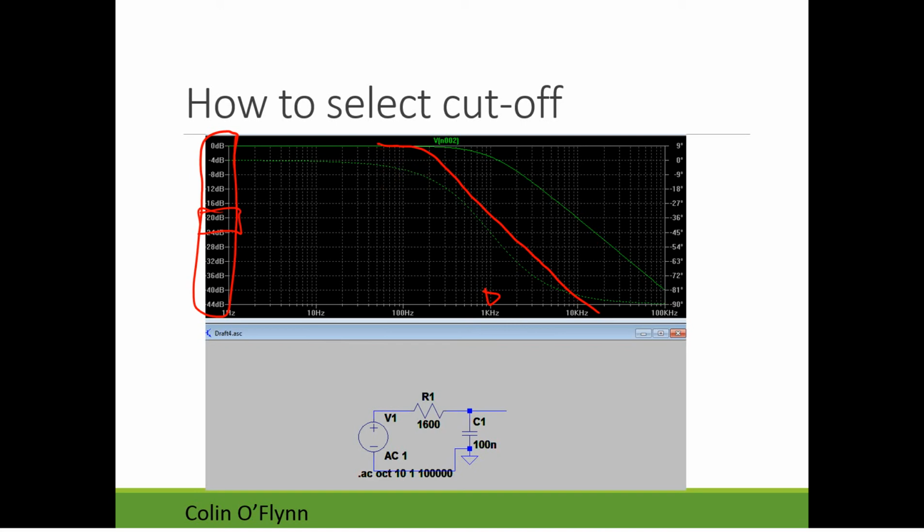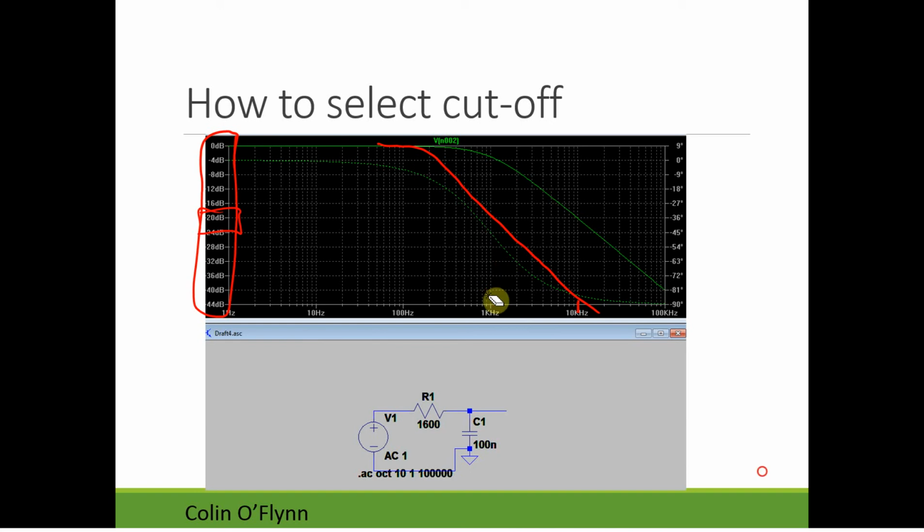What this means is that yes, our 1 kilohertz signal will be attenuated, but our 10 kilohertz signal may be attenuated even more. In this case, you may maintain that same ratio because you have a linear-looking logarithmic slope there. So that might not help you. You may need to go to using higher order filters, which is where we'll talk about using the op amps next.